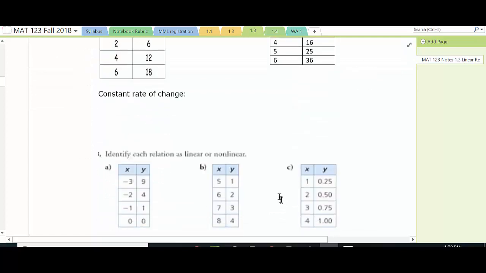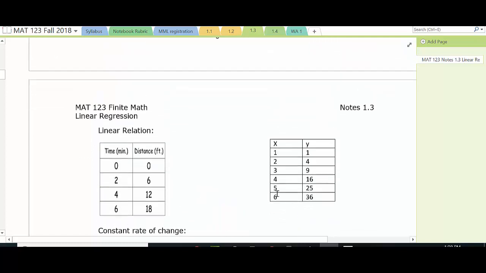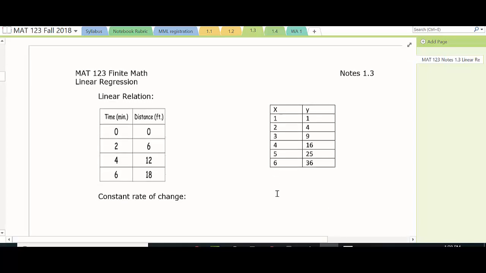So let's go to the next page, which I guess is somewhere in your packet, right? Okay, is that the next page? Or page 2, right? Okay, so